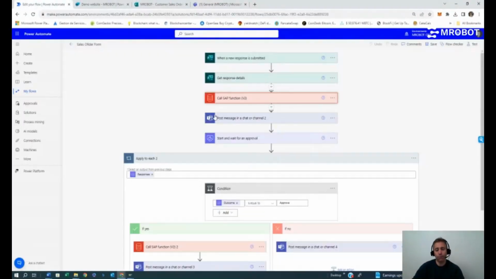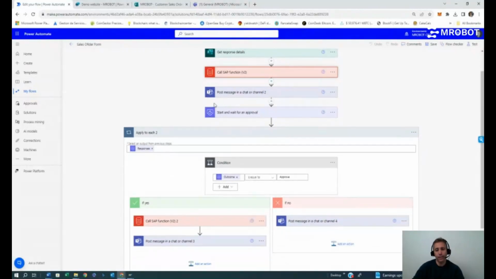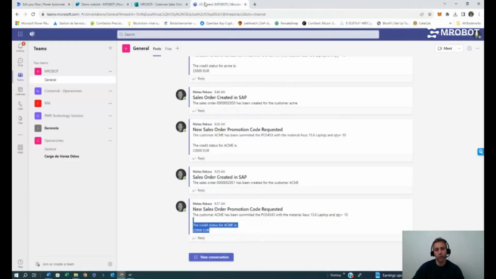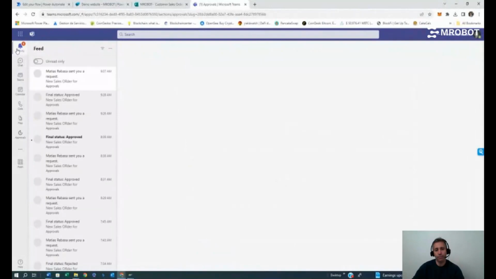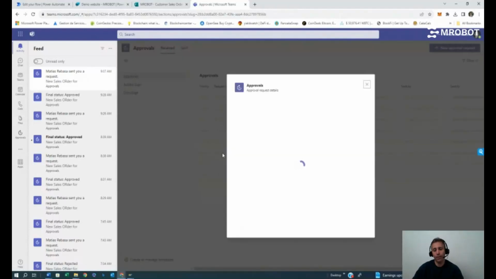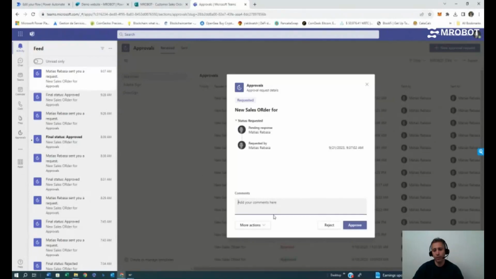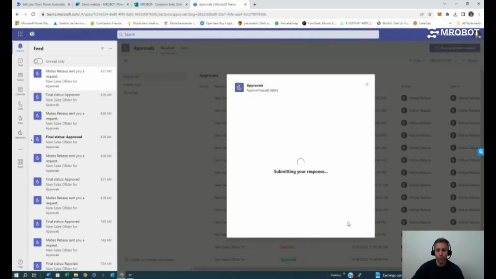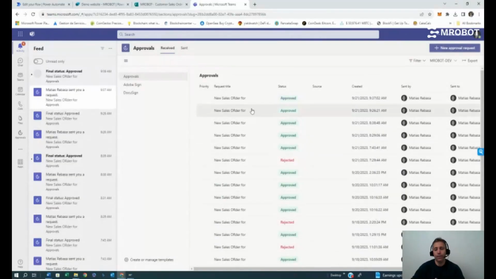The next step for our process is a step to approve or reject this request coming from our customer. So I have received a request, and for this particular example, I will approve this request because, all right, I assume that the credit limit is correct. So I put the comments, approve, and if that happens,